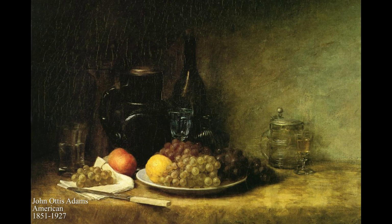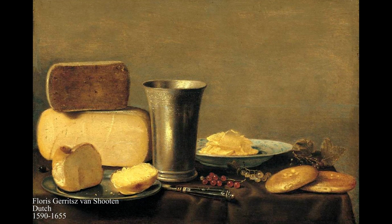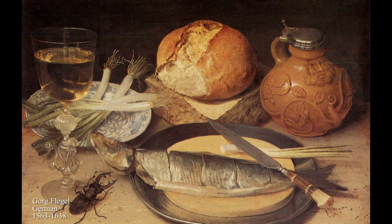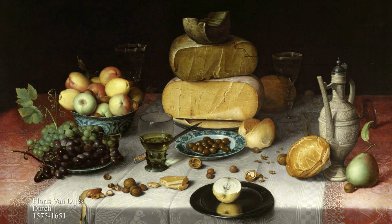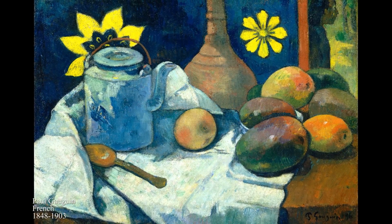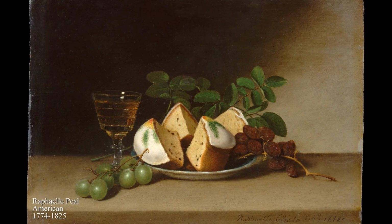While people have been painting objects for thousands of years, serious still life painting only took off around the 1500s, mainly in Northern Europe. For throughout the Middle Ages, art was supposed to serve Christianity, and you saw mostly biblical scenes in paintings. By the 17th century, still life became an art form in itself, especially in the Netherlands, and